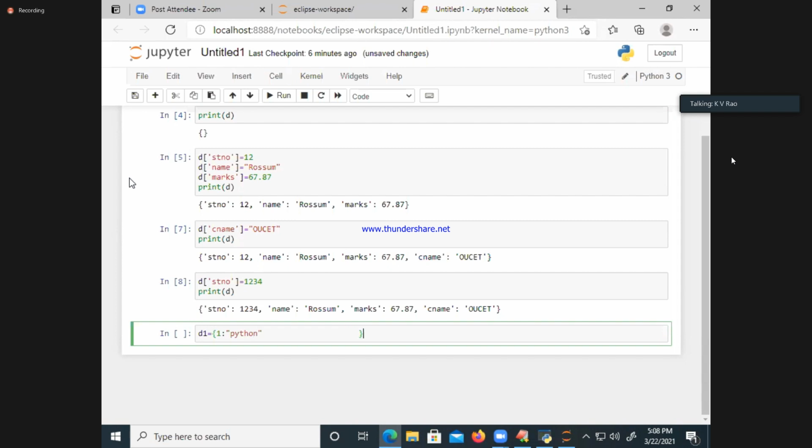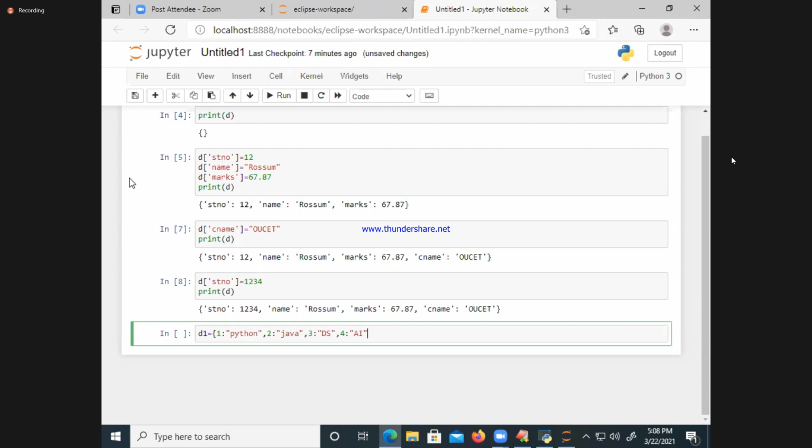The key value pair is separated with a colon and terminated with a comma. Next, 2 colon Java, comma. 3 colon DS. 4 colon AI. Done. End of it.